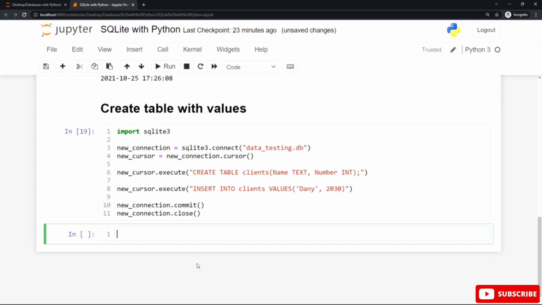After that, use the cursor function to execute the SQL statements and operations, and also to fetch the result after that. This function is so important for this connection. So use the cursor function, call it by using the cursor statement followed by empty round braces, after the new connection variable that refers to the data testing database connection. Assign this operation also to a variable called new cursor. This new cursor variable refers to the cursor function for this connection, for the data testing database connection.